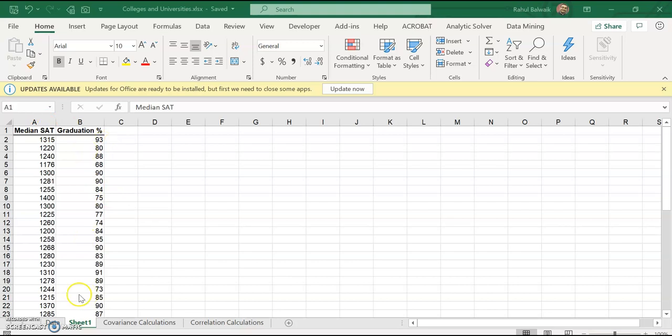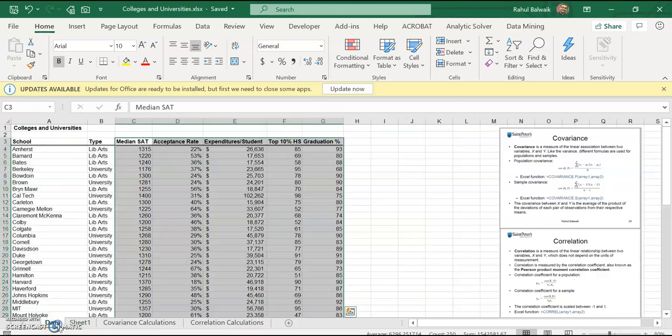As per the formula on slide 28, covariance is the sum of the multiplication of the x value minus the x mean value and the y value minus the y mean value, over the total number of observations minus 1.